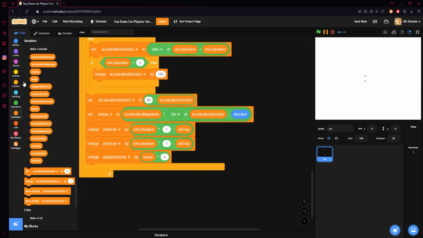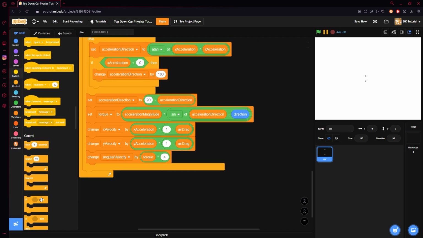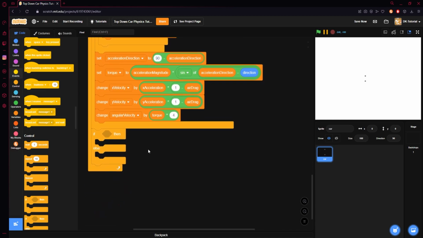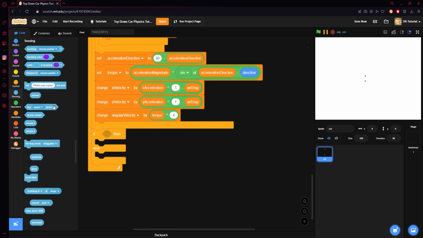Okay. Now, you can set this to whatever you'd like. I'm going to do a space key though, so we'll put an if else statement underneath here. And this is where you'll do it. I'm going to do space key, you can set it to whatever you'd like. If space key pressed,